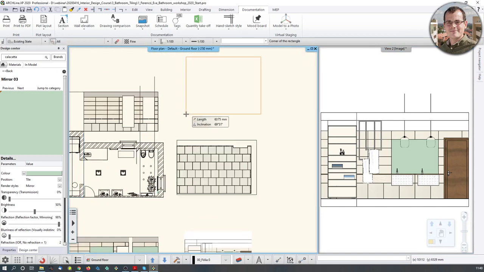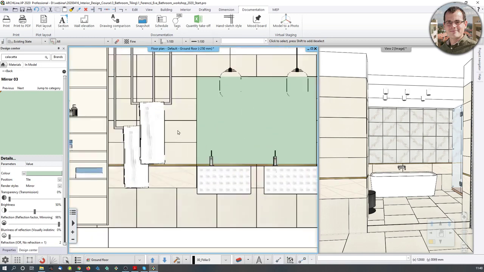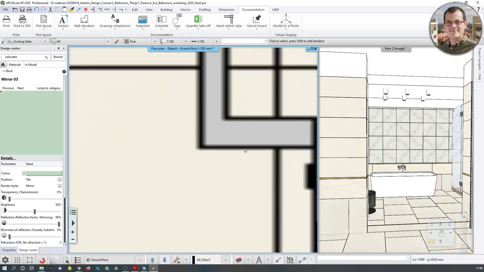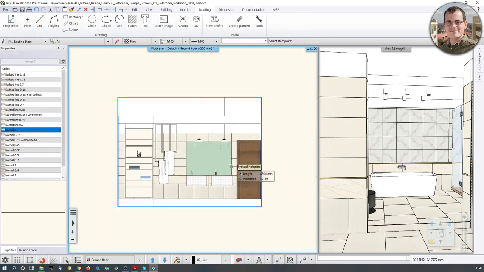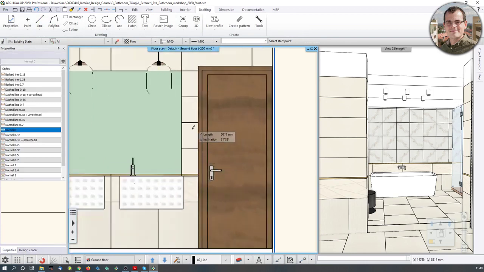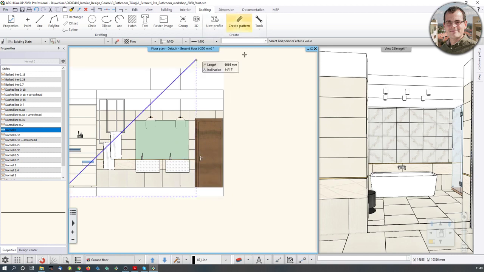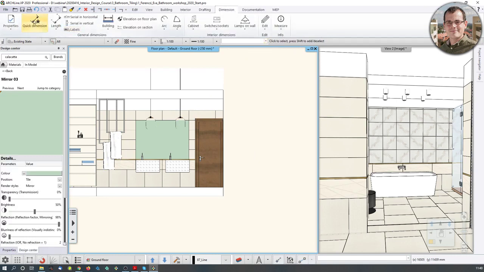And the drawing is placed. Now, one very important thing about this drawing is that it's not vector based, it's an image. So if you zoom in, you see that it's going to be blurry. However, if you want to draw additional things on it, you see that the software is going to snap to the points. So this is sort of an in-between of a drawing and an image, because if you, for example, want to make a quick dimension, let me just do that real quick,